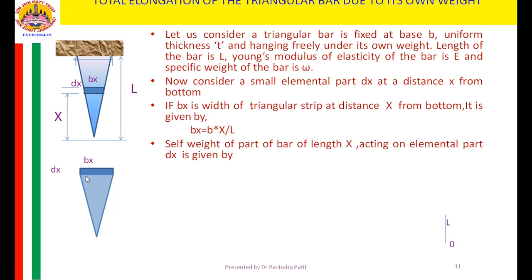There, the area is constant. Directly we have calculated the volume there without taking into account the A, because area is uniform throughout its length. But here the area is changing. Here if you want the area, what is the area of this triangle?